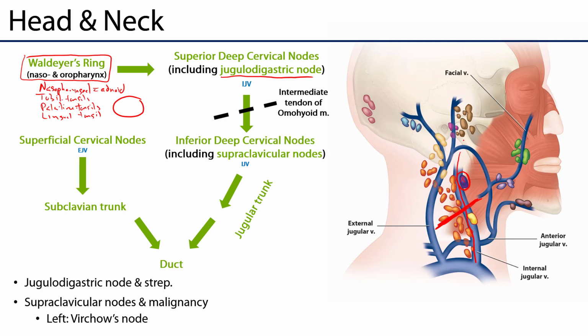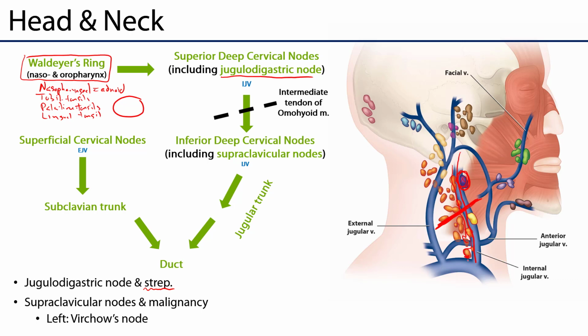So usually if there's any sort of exudative pharyngitis, so that would be a sore throat with exudate, as well as an inflamed jugulodigastric node, that's going to open the door for the possibility of some streptococcal infection or strep throat. So those superior groups are going to then follow the jugular trunks into the inferior groups, and the inferior groups are going to follow that jugular trunk